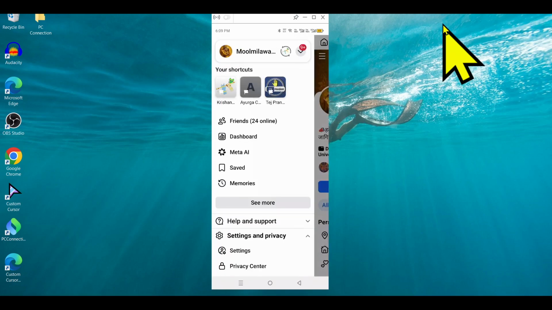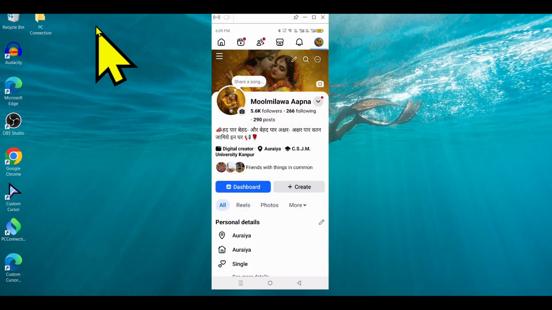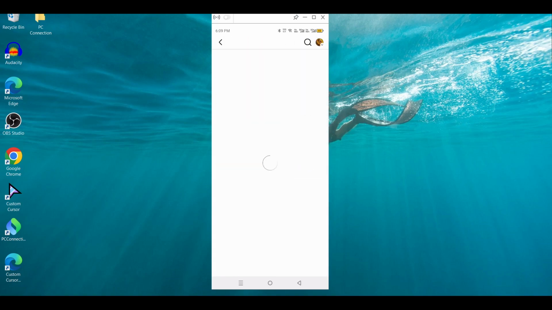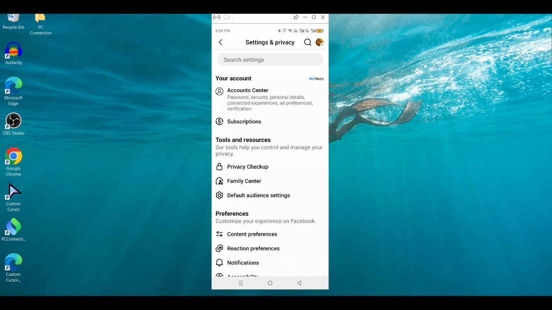then click three dot. Here three dot. Click. After that, go to settings. This is settings and